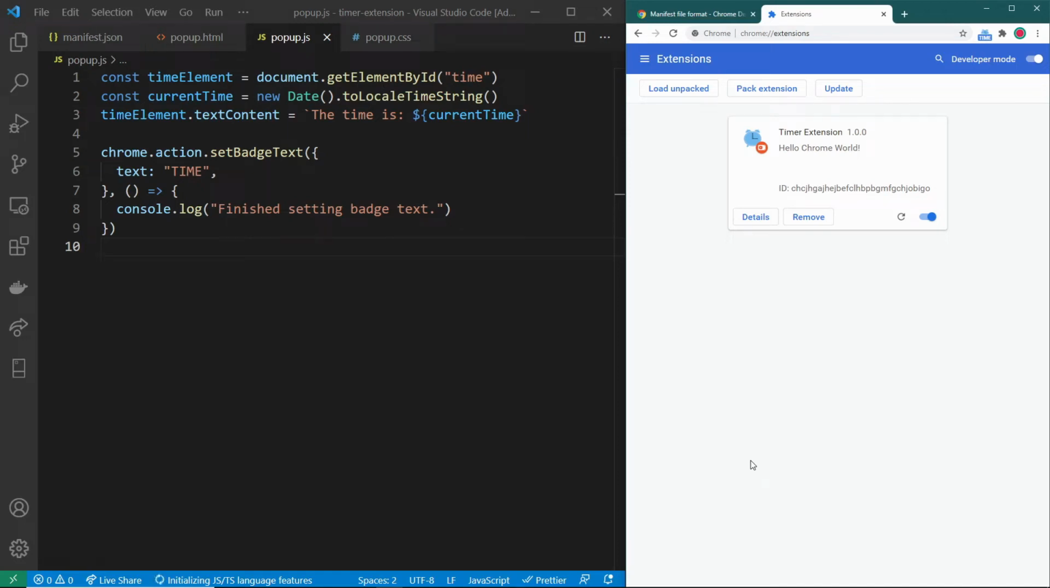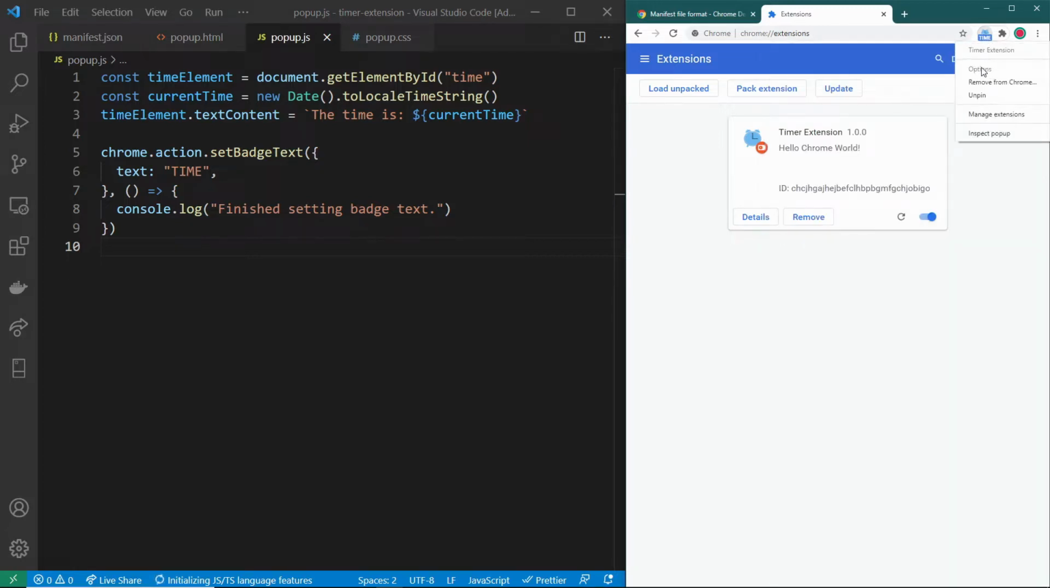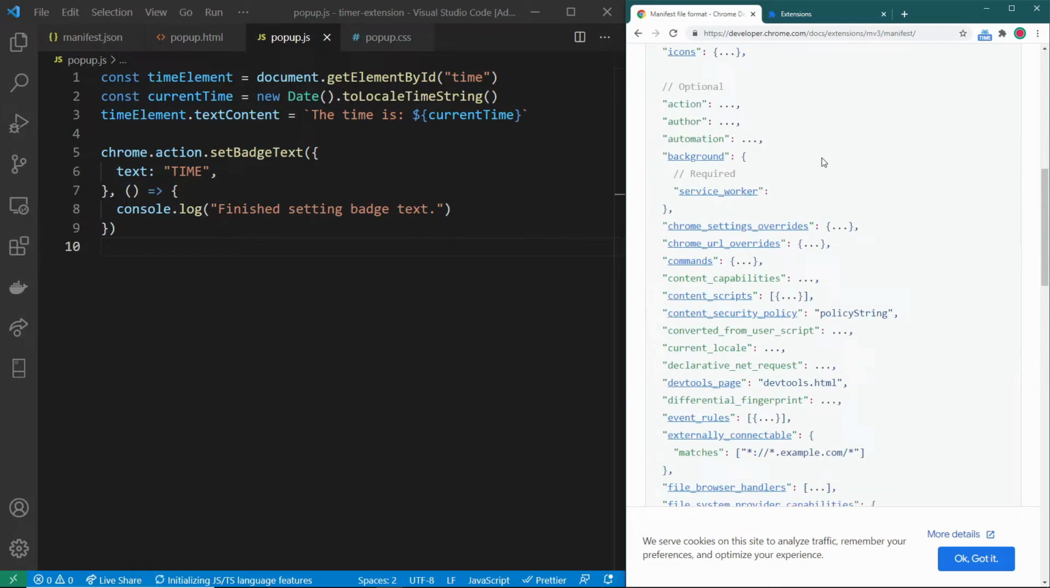Okay, now that we have one key UI component of our Chrome extension ready with our pop-up, let's think about another common way that users like to interact with Chrome extensions. And that's usually through the options page, where they customize a bunch of different options inside of their extension. And if you right-click the extension icon, you can see that there is an options page option, but currently it's grayed out. So if we actually head back to the manifest file format inside of the Chrome developers documentation, you